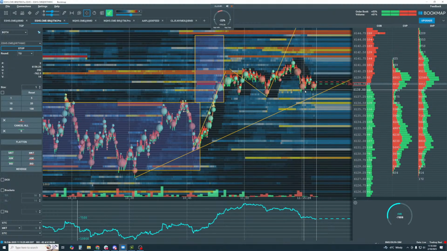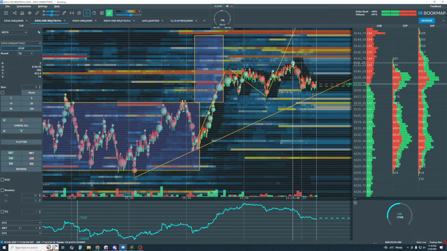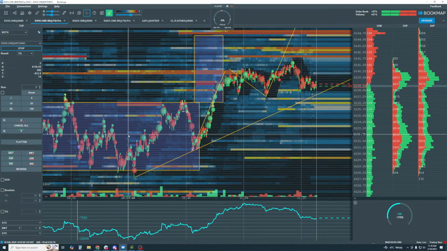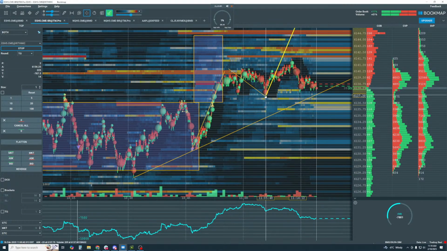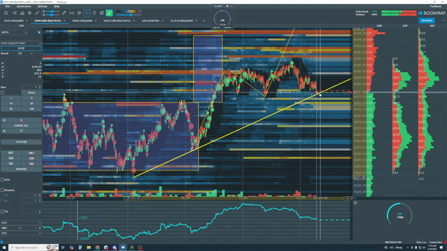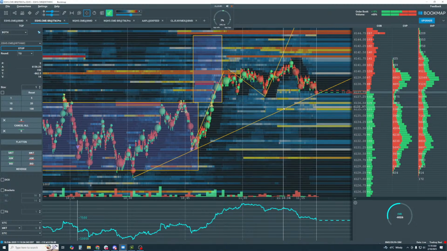Right now we're kind of chopping around in this area. We're not sure if this is going to follow through or not, but the structure is still holding from the buy side. We're seeing some selling come in, but this might get upended. We'd look for a move below the swing into high liquidity down here, just reaching this trend line and then coming right back up. We find our buyers, we get the squeeze and the move higher for that second impulse move.